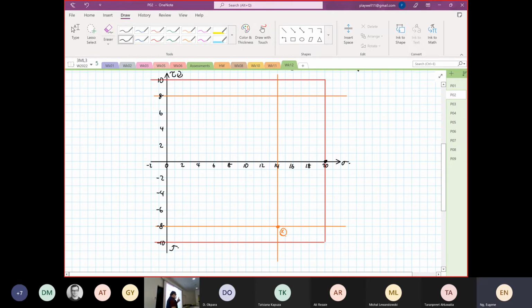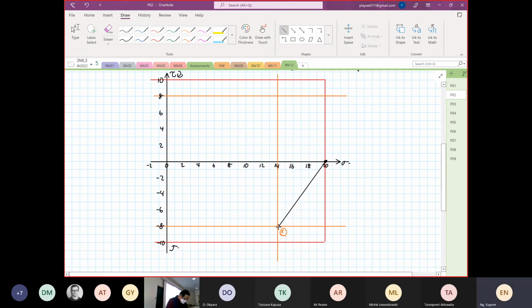Okay. Hear me out first. I want one of the points of the circle to be at 20. Okay. So what this means, now we join here